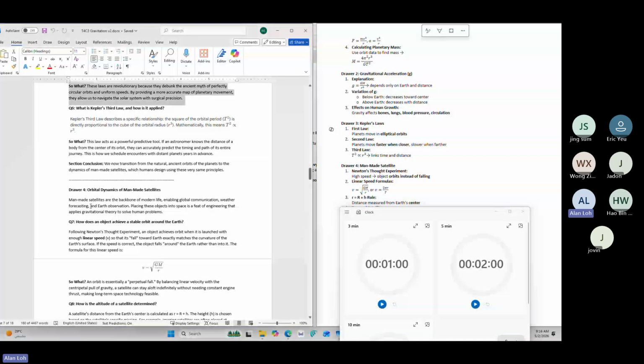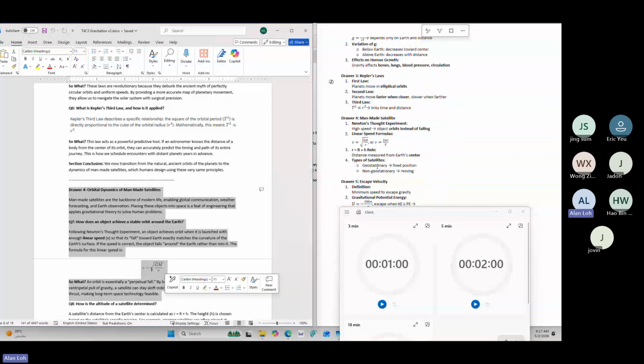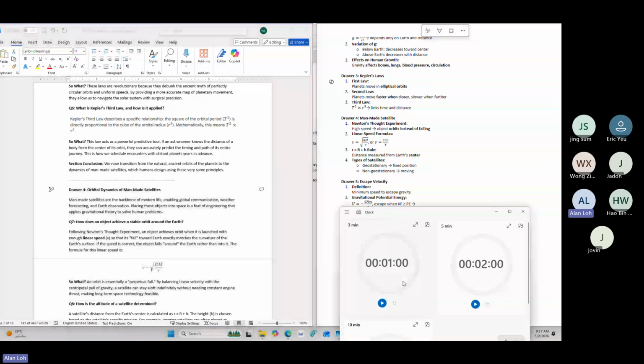Well, okay. So now let's go to drawer 4 for question number 7. You have to also intentionally link which point this is. I'll let you do the exercise. Let's start now. 1 minute.